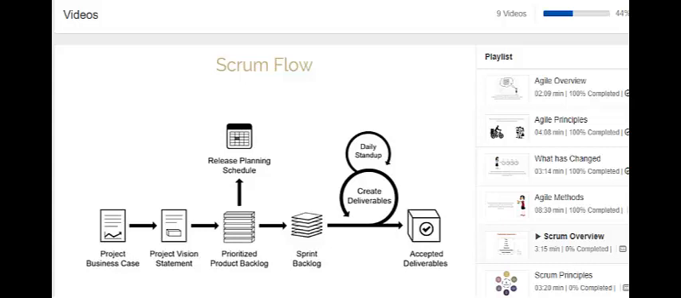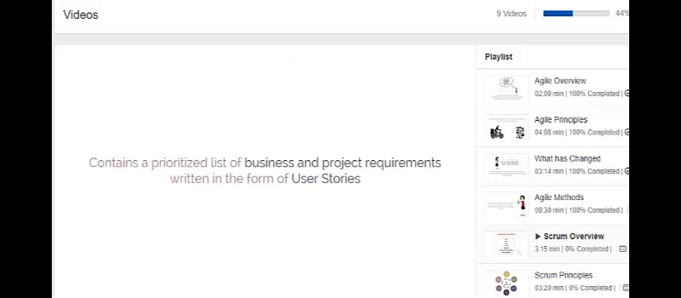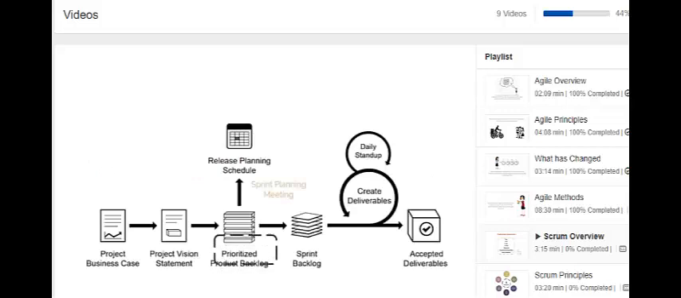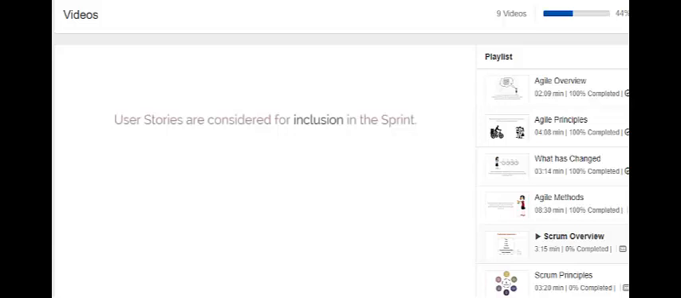As you can see, the Scrum cycle begins with a stakeholder meeting, during which the project vision is created. The product owner then develops a prioritized product backlog, which contains a prioritized list of business and project requirements, written in the form of user stories. Each sprint begins with a sprint planning meeting, during which high-priority user stories are considered for inclusion in the sprint. A sprint generally lasts between 1 and 6 weeks, and involves the Scrum team working to create potentially shippable deliverables,